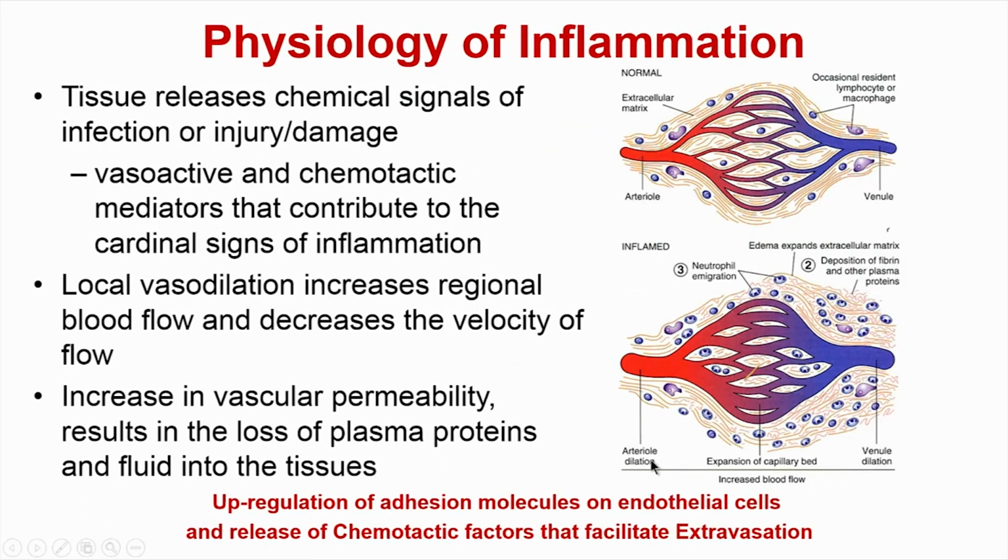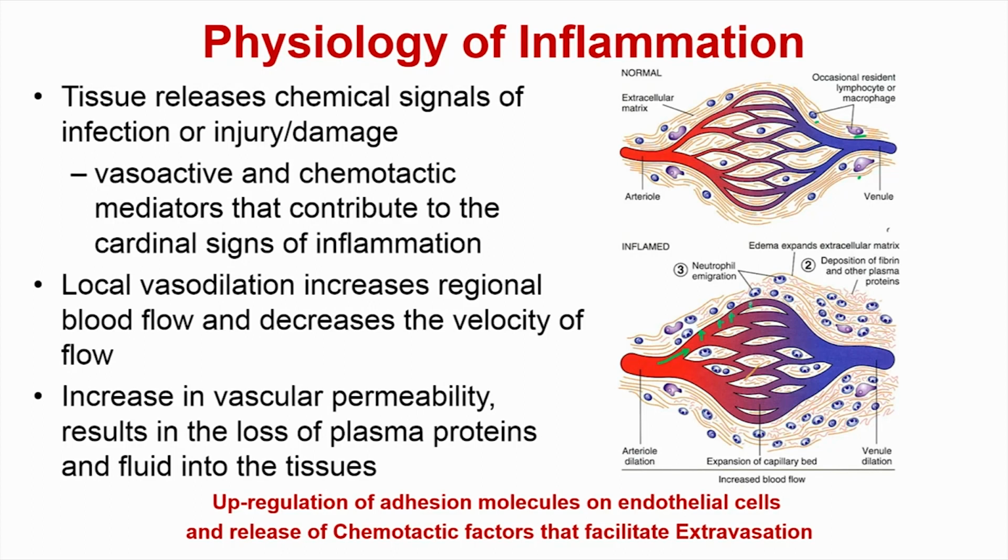So, here is some more details on the physiology of this inflammation. So, you have tissue releasing these chemical signals of infection and injury. So, this is the normal case. So, you have few resident lymphocytes and macrophage, as I was saying, but let us say if an injury does happen to it, first of all you are seeing that these vessels are dilating, which means they are becoming expanded, that causes the first of all the blood to slow down, and secondly the junction between these cells become more